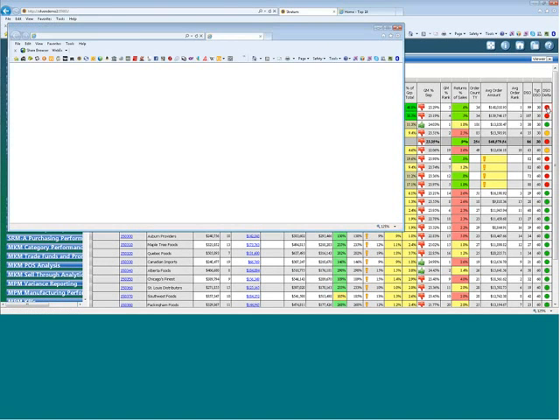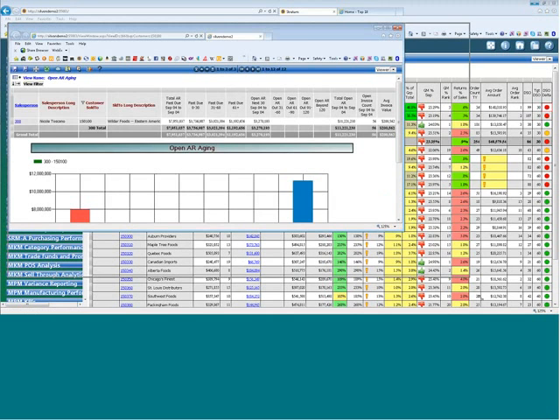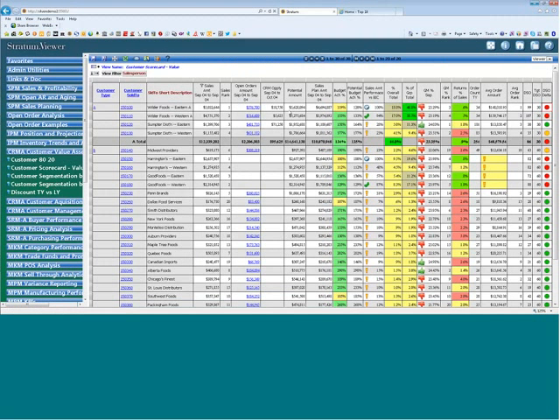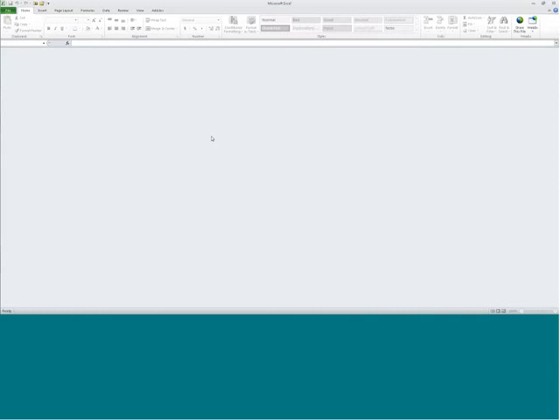And, of course, I can click on this to get to more detail. In this case, I've drilled into the AR detail for that particular customer. The bad news for our organization is the majority of their AR is past due, something we probably want to focus on in this case. But that's the ability to create scorecards and see that information, not only at a high level of scoring it, but also the ability to go ahead and get into the detail. Another thing that I mentioned that I thought was